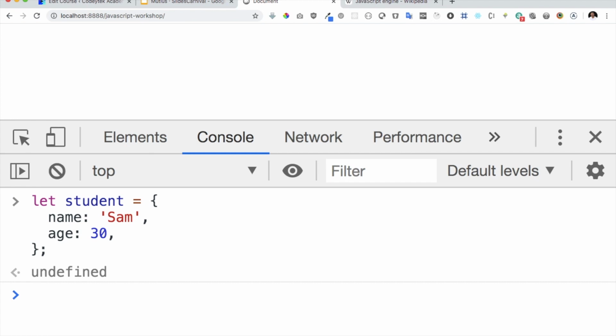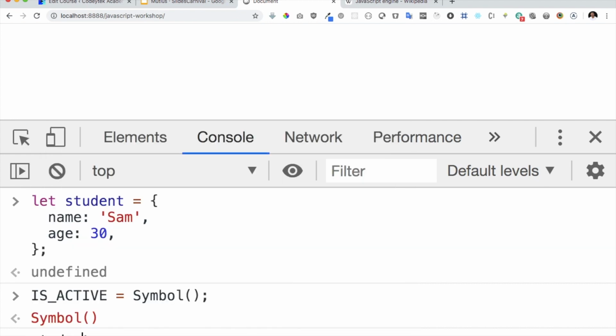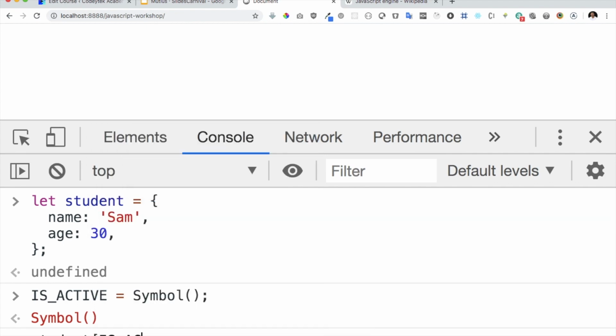We create this object, and then we define isActive is equal to Symbol. So in order for you to define a symbol, you use it like this. Okay, and then if you want to check student, and if you want to check isActive,